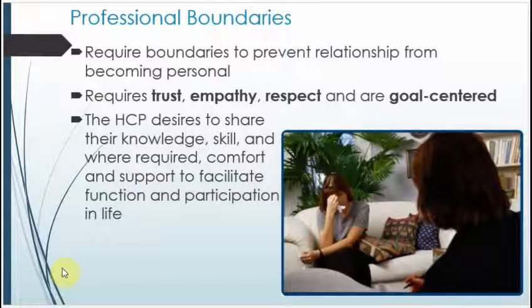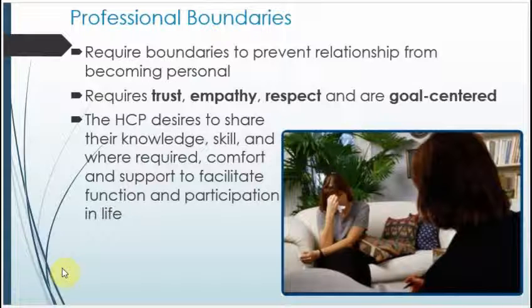Professional boundaries require boundaries to prevent the relationship from becoming personal. It requires trust, empathy, respect, and our interactions are all goal-centered. We're not just doing it haphazardly. The healthcare provider desires to share their knowledge, skill, and when required, comfort to support and facilitate function and participation